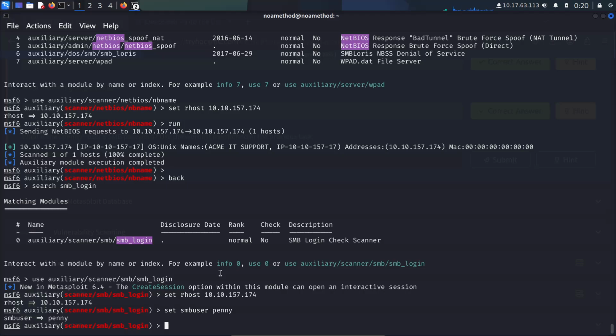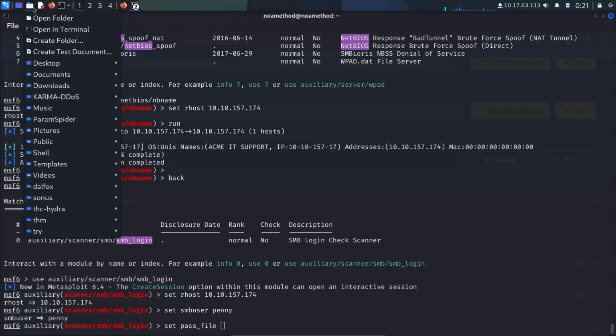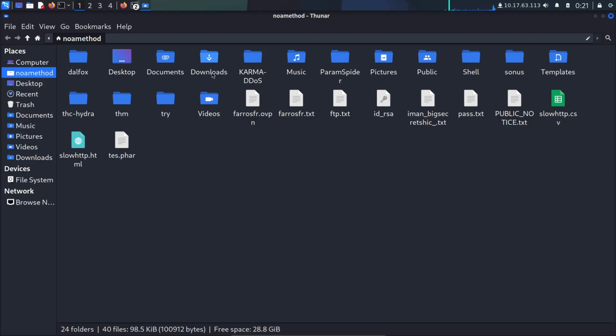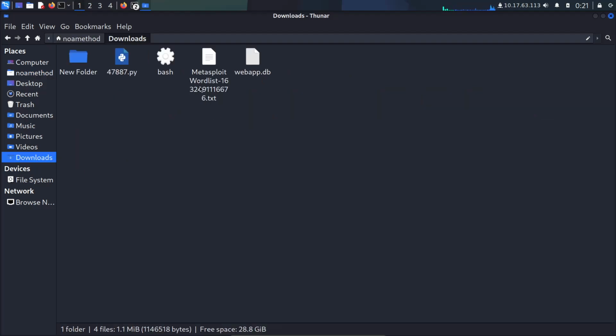And then we will set the pass file, the file is in the downloads.